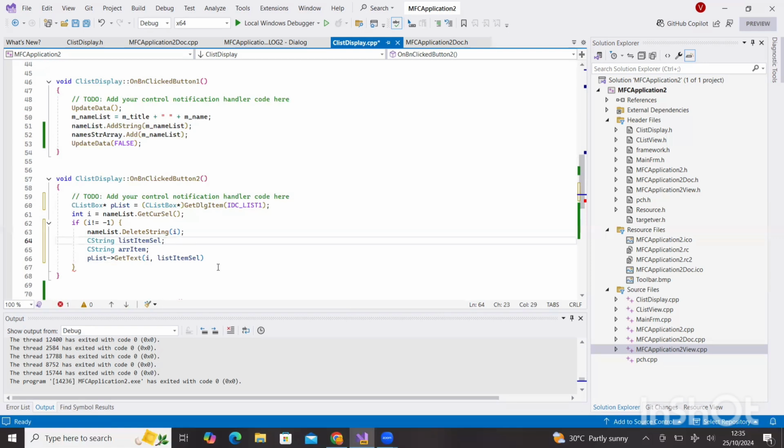Right. So now we have got the text of our item selected. So now I need to run a for loop inside which I'll be able to check whether the selected list item matches with the list item of my array. So to do that, I'm going to create a for loop